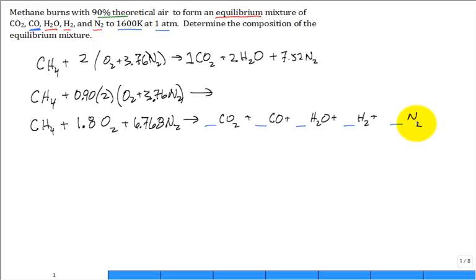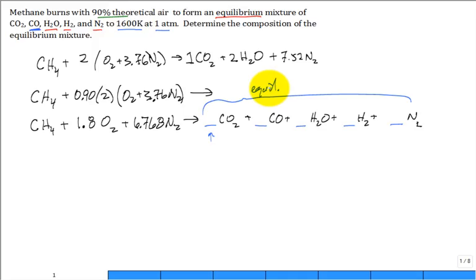And I need to put a coefficient right in front of this CO2. But this is all in a state of equilibrium. It's not in a state of equilibrium with methane that came in. There's no methane. It's like combustion happened, then I had products of combustion that are in equilibrium. Okay, but